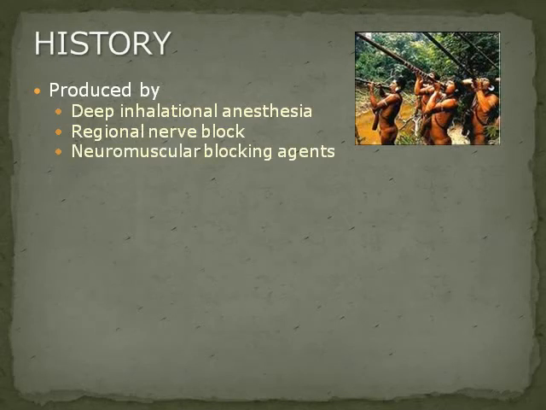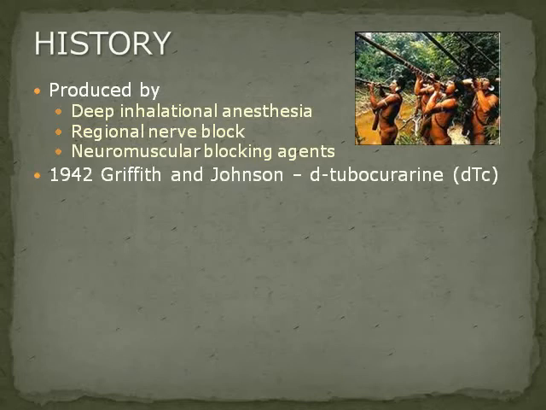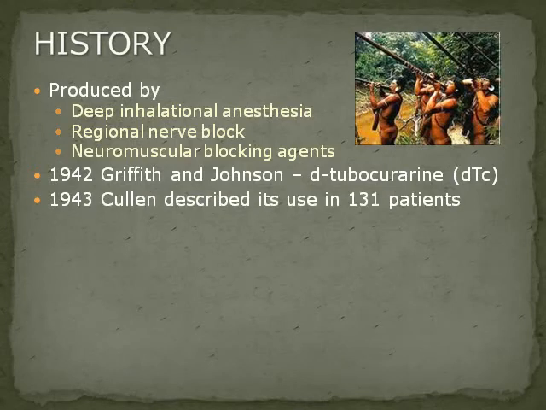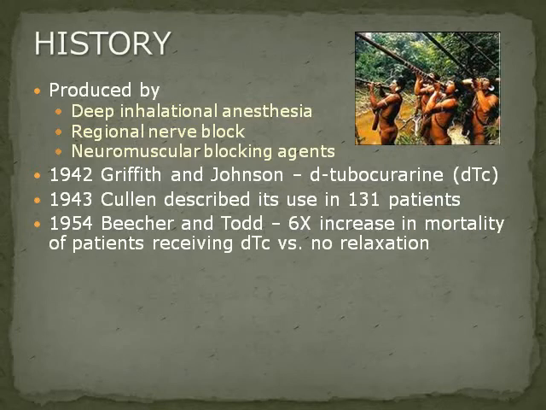Let's review a little history. In 1942, Griffith and Johnson suggested that D-tubocurarine, or DTC, was a safe drug to use during surgery to provide skeletal muscle relaxation. One year later, Cullen described its use in 131 patients who had received general anesthesia for their surgery. In 1954, Beecher and Todd reported a 6-fold increase in mortality in patients receiving DTC versus those who had